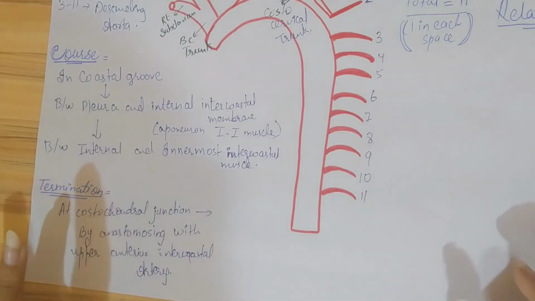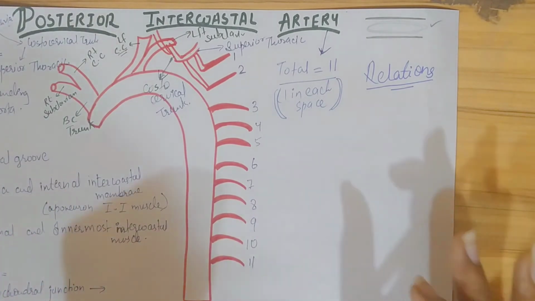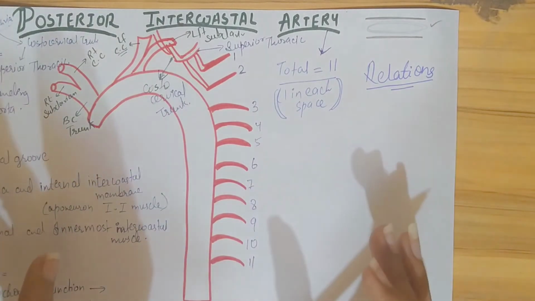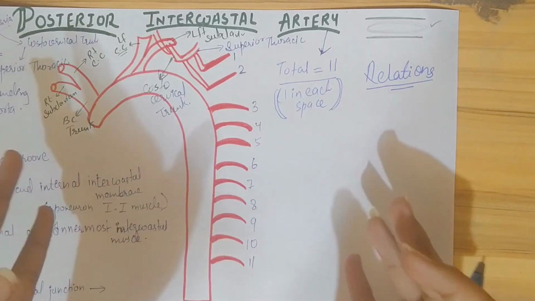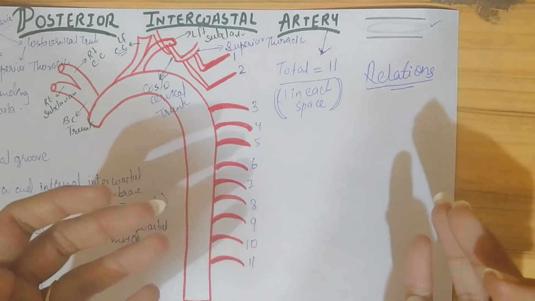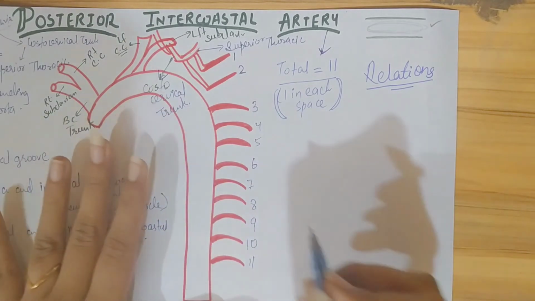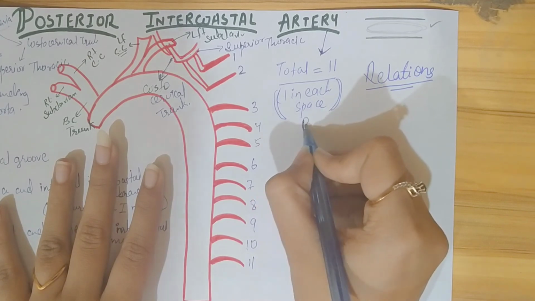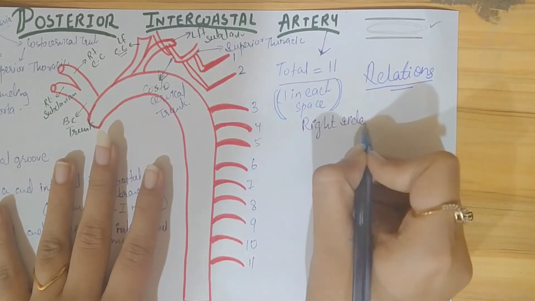Right? Now coming upon the relations. Now when we see the relations from the right side, it is behind the azygous vein, the thoracic duct, the esophagus and the sympathetic chain. So here I am writing from the right side. It is behind